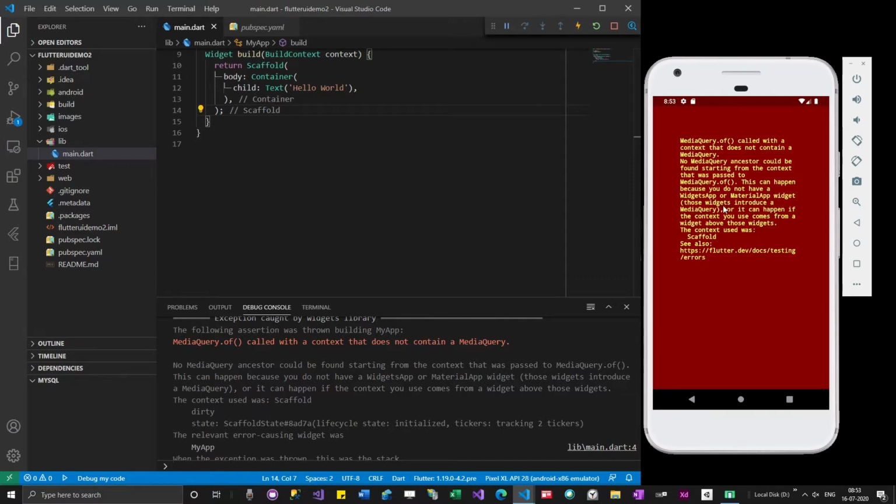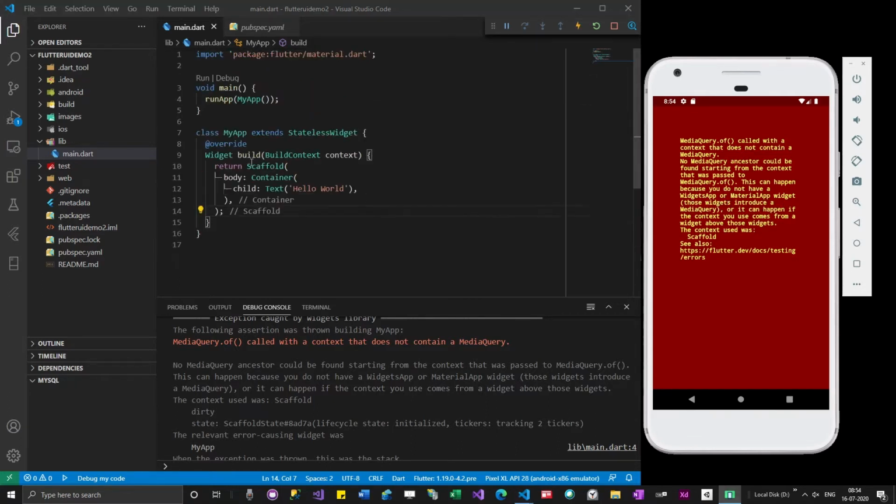Yesterday somebody was asking, do you have something alternative for material app, right? I think we can actually try using widgets app also, but material app is the popular thing which is used. Probably these two things are inherited from the same class. This error might be showing that widgets app or material app is something we can use. Material app is a standard way of developing apps, and you'll get those styles by default. So I will be using material app, but not widgets app. You can actually try this. Just keep in mind.